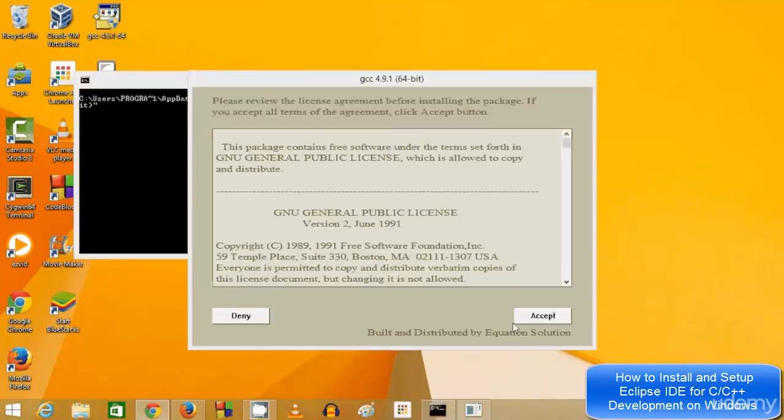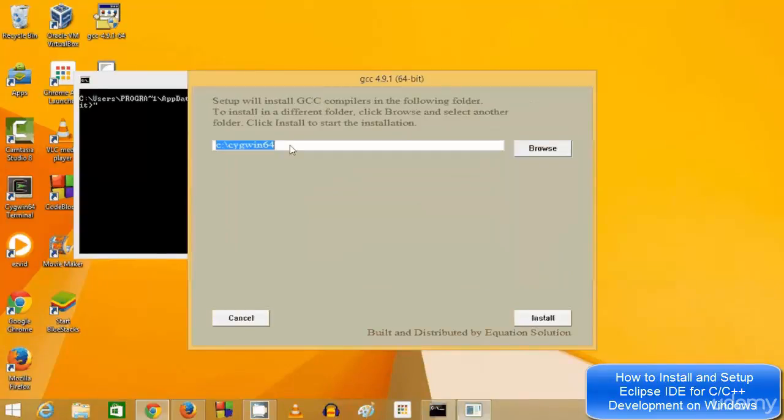So in here you need to accept the terms and conditions, and here you need to make the changes. By default this will give you some location, and this location you need to change because Eclipse searches for its IDE, its compiler, at a certain fixed location. So just delete this and just write C:/, and then backslash, and then just write